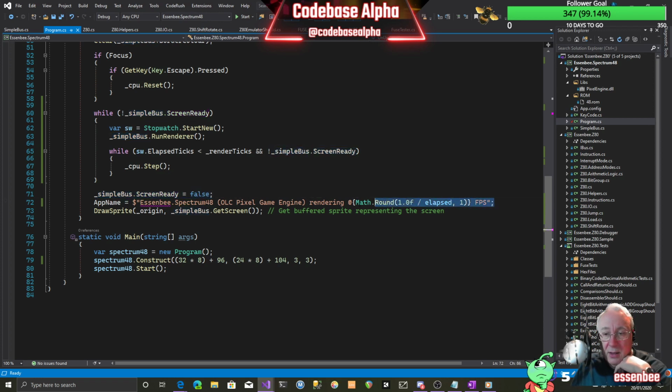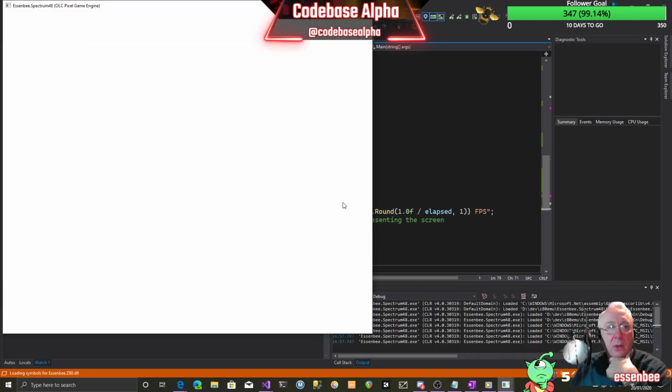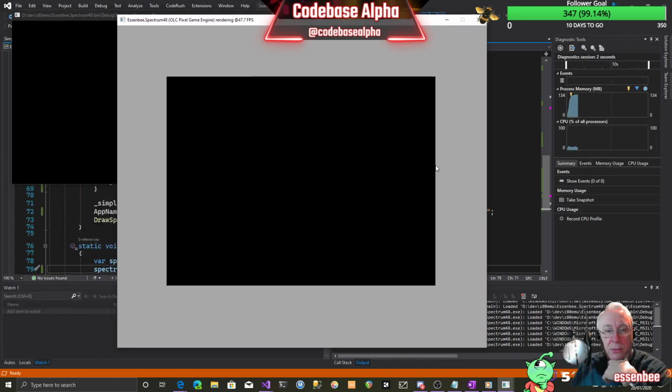We update our window title. It's got an approximation of the frames per second in there, and we draw our sprite. Remember, we call get screen, which is getting our buffered sprite and displaying it on the screen. So that's what happens. If we start this up with very little code, we get something which in about 4 seconds actually displays